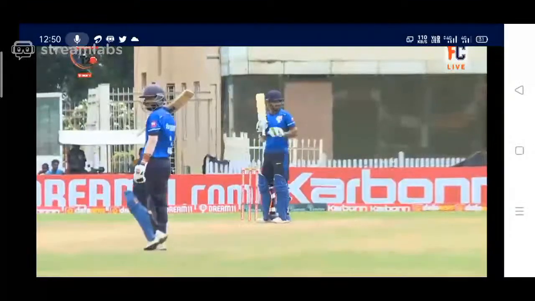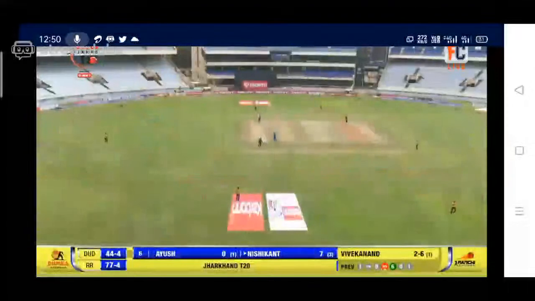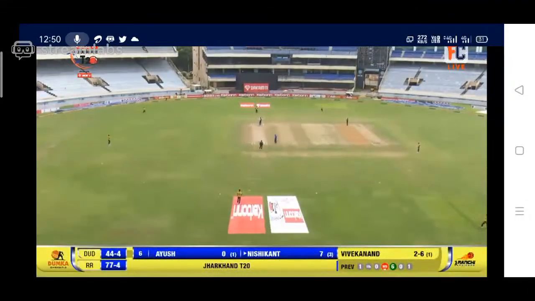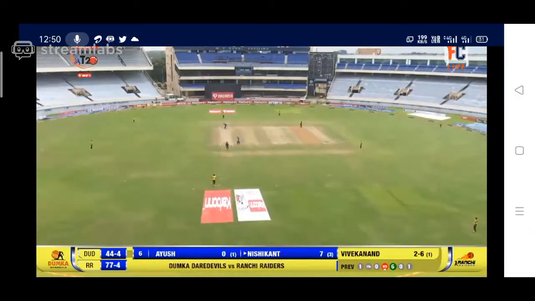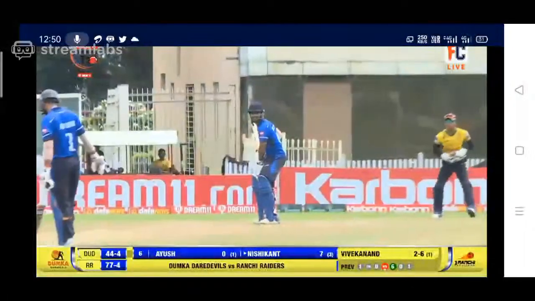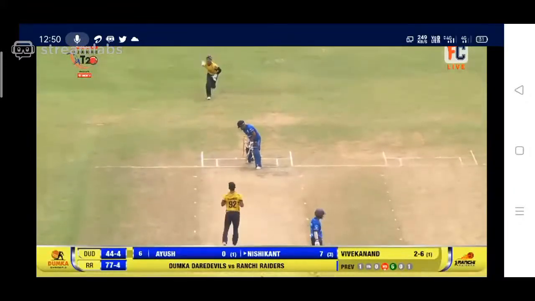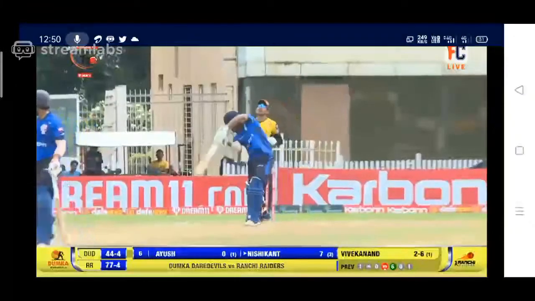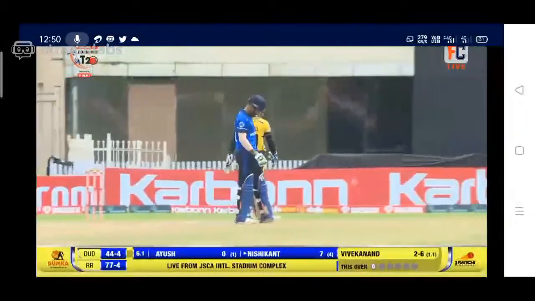Vivekanand kept it simple, just on a length, on and around the off stump or slightly outside the off stump. Let the batsman do the rest. And the batsman is left with no alternative, either to play it on the offside or drag it down to onside. Once again, look at this ball. That ball was on the off stump, moving away from the batsman. He's able to move the ball also off the seam.